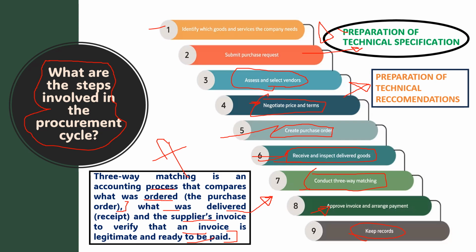There can always be disagreements on what has been paid and what has been delivered. So these records are to be kept. I hope this was the procurement cycle end to end, starting from identifying the needs up to the payment, and after that the records are to be kept. And this is very important, and it is common through all the projects, or you may say all the items whichever we buy. Moving on to the next slide, guys.